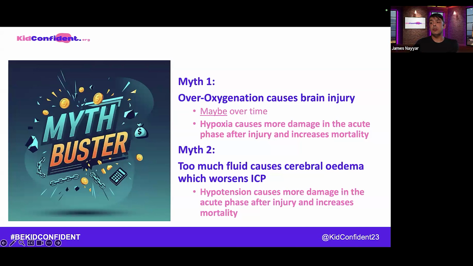So it's a physiological survival mechanism which attempts to maintain your brain perfusion by increasing your blood pressure, so to overcome that raised ICP. So we really should be giving fluids for hypotension in these patients with head injuries, and there's so many studies that show hypotension in head injuries leads to worse outcomes. So don't believe the hype. Give fluids and give oxygen, and check the glucose. Always check the glucose as well.